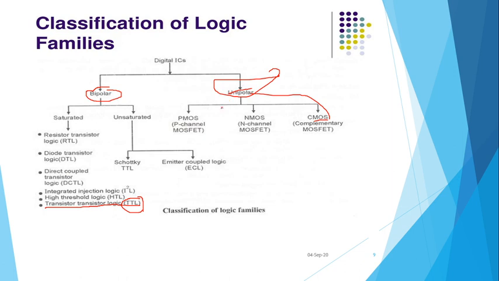Okay, then this unipolar has PMOS, P channel MOSFET, then NMOS, N channel MOSFET, and CMOS. Now CMOS is a combination, actually it is complementary, right? C stands for complementary. If you see the structure of CMOS, it's simply the combination of PMOS and NMOS, right? So in these latest technologies, where devices have become very compact and very fast, these kinds of technologies are internally used to design the given circuit, right?